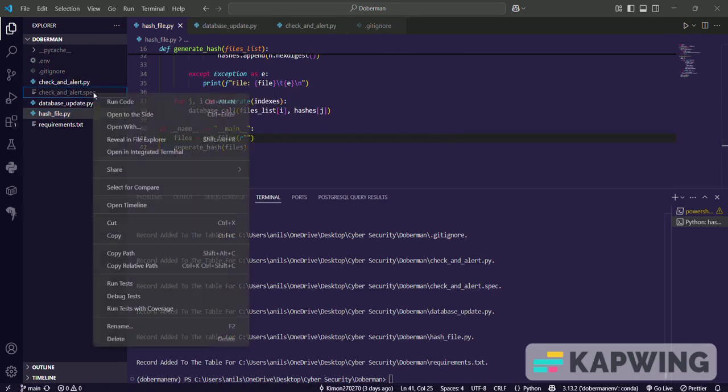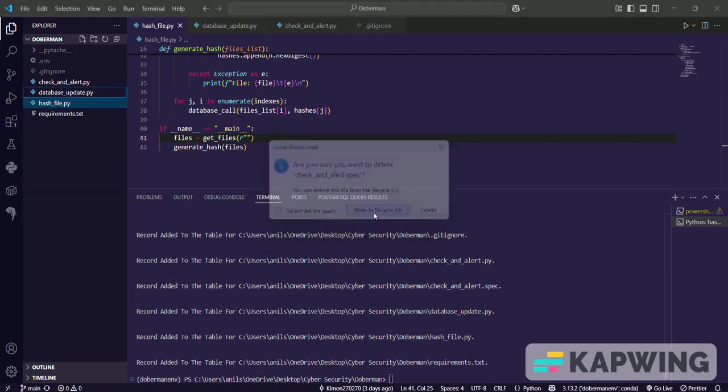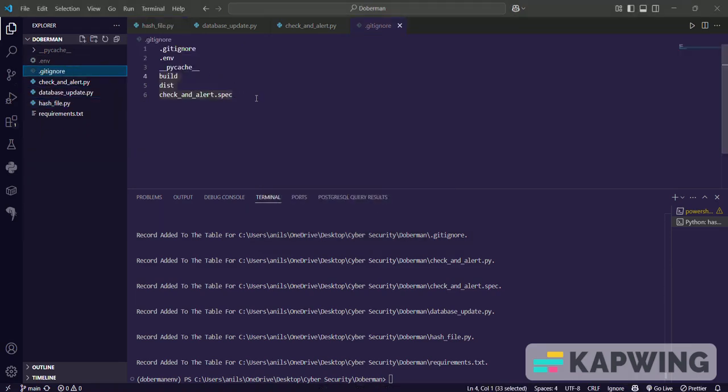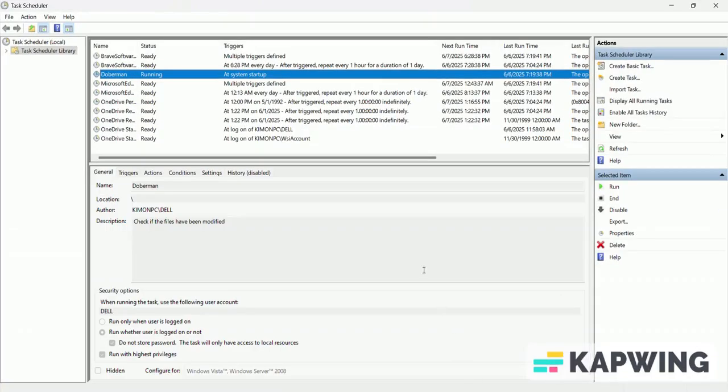So I'm just going to remove this file, okay, and make some changes on gitignore. Let's see, I'll just remove this one. I've saved that. Okay. So what I've done is added the alert system to my task scheduler so that every